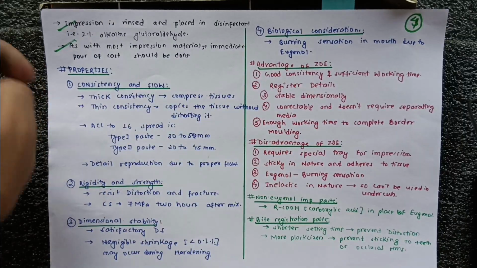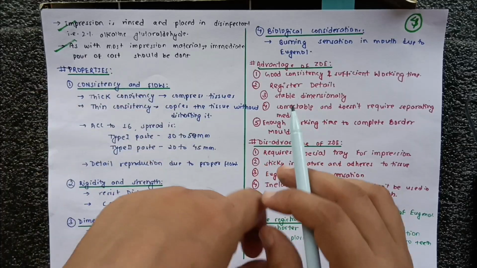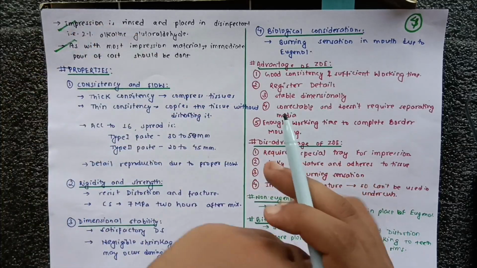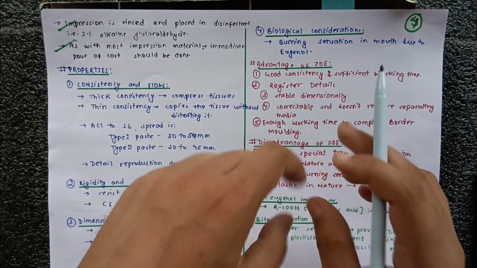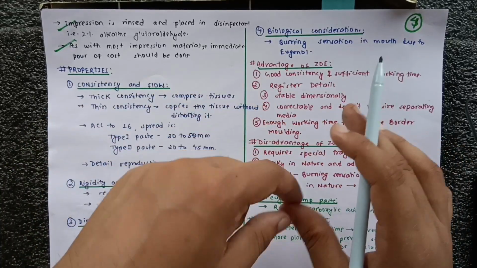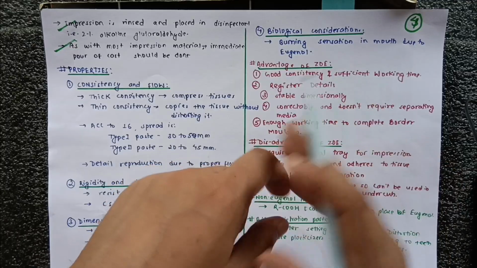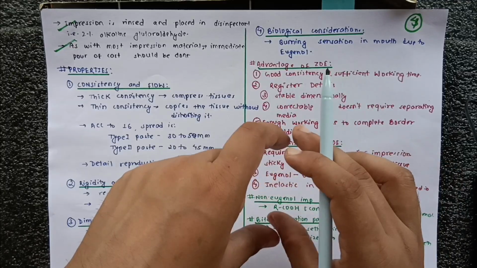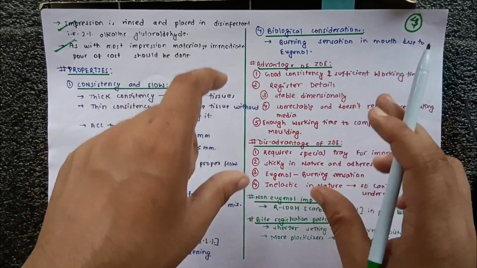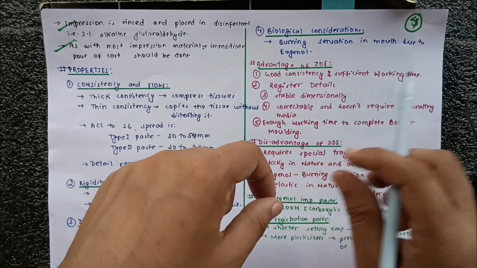Okay, so I'll just tell you the proper way of the manipulation, and I have recited all the points here, and you should remember all those points. First, we take the clean and cool glass slab. The cooling of the glass slab would increase the setting time. As I have discussed previously, we take the cool and properly clean glass slab, and we just dispense the proper length and the diameter of the